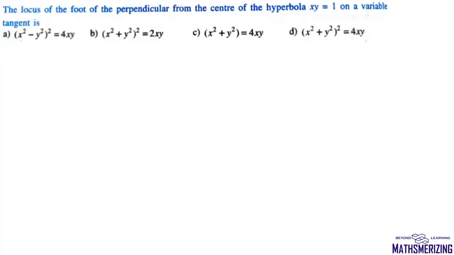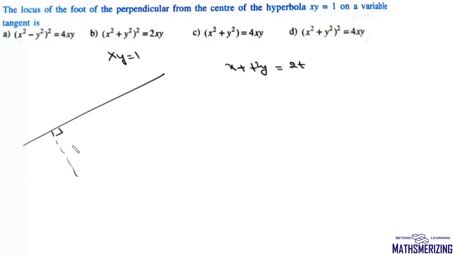Now here the question is, we need to find locus of foot of perpendicular from center of hyperbola on a variable tangent. Now equation of hyperbola is xy equals 1, and we know that equation of tangent is x plus t square y equals 2t. Now we need to find locus of foot of perpendicular on this tangent from origin. So let this point be